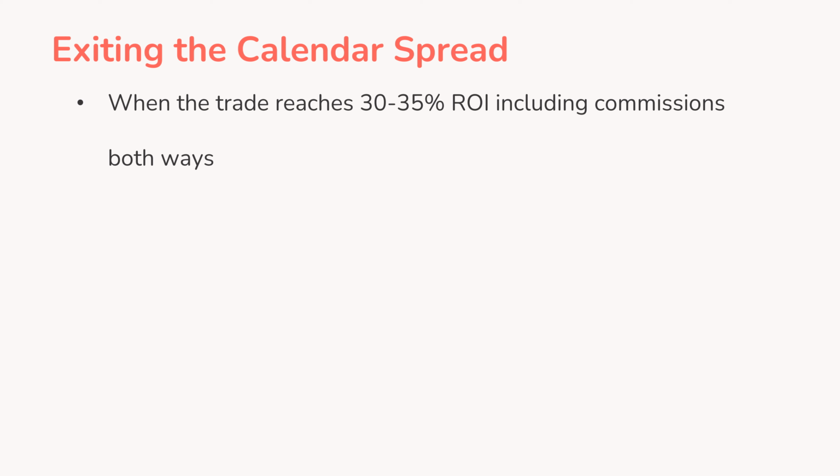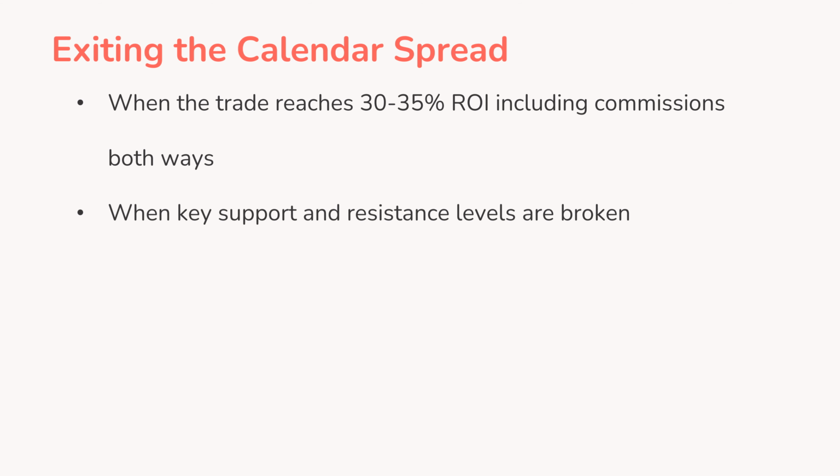It is actually very hard to get this kind of risk to reward ratio in other option strategies. The other scenario when I will exit the calendar spread manually is when the key support and resistance levels are broken. If you recall in the Thinkorswim demo, I specifically highlighted the key support and resistance levels of CVS, and I made sure that they fall within my profit zone